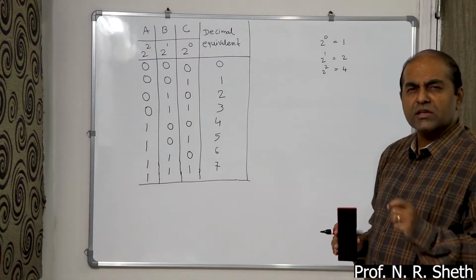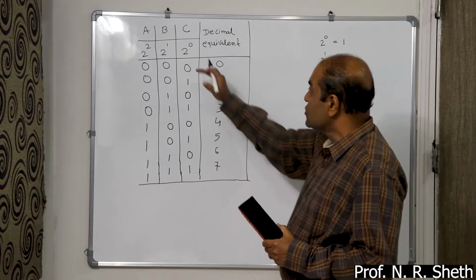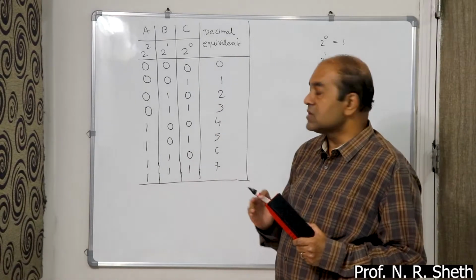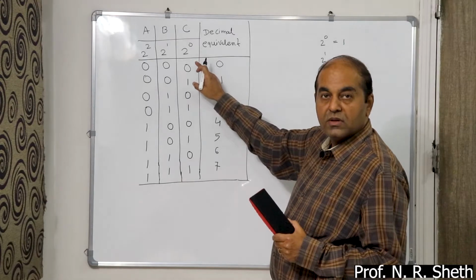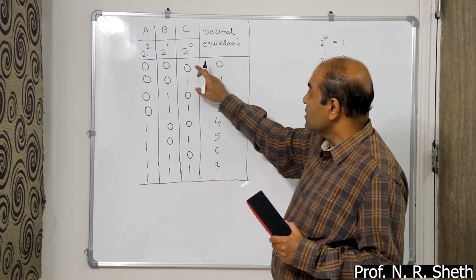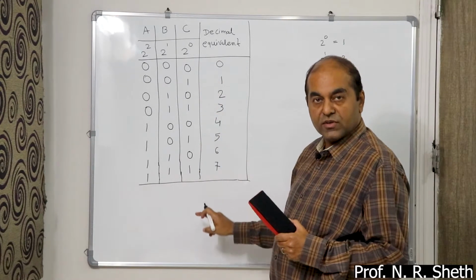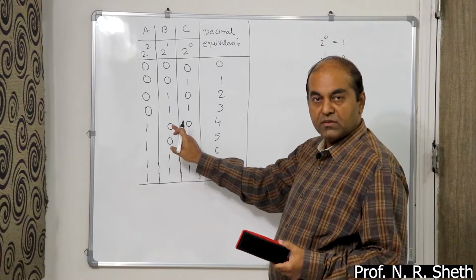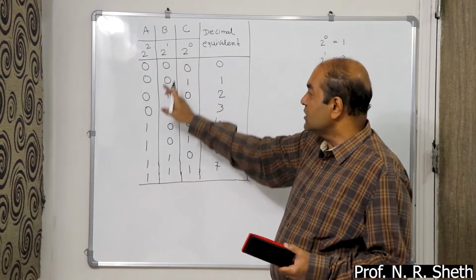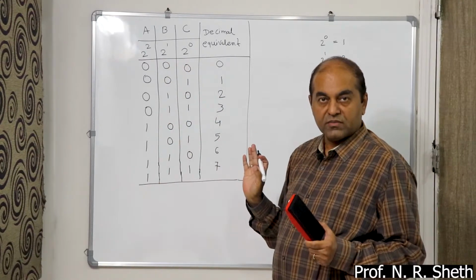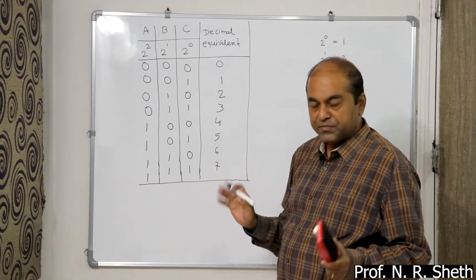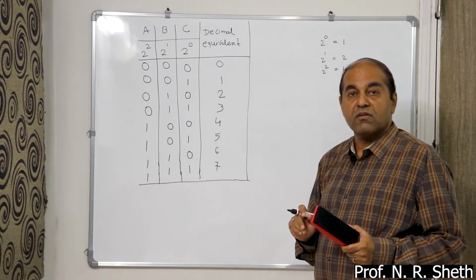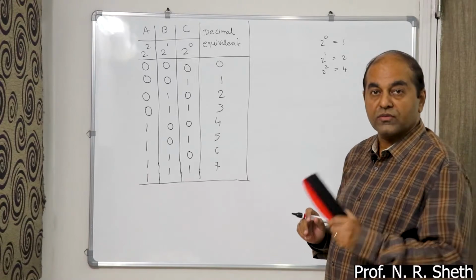So it's a very simple method to prepare a truth table for 3 variables. Continuous 0 1 0 1 up to 8 times, then 2 times 0, 2 times 1, and so on, and then 4 times 0, 4 times 1. Is that clear? Simple? Now the next step is that you also require the fundamental product of each case.